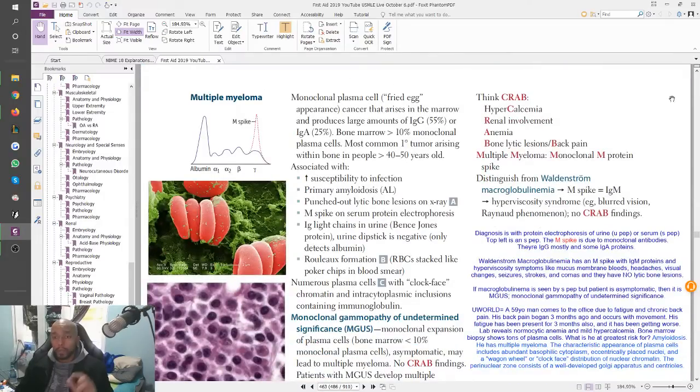Monoclonal means that only one guy is making everything. So something is repeatedly multiplying, and it's just one guy that started it. Polyclonal is like, you have 5 different kinds of people inside you. They're all going to multiply. You're still going to have 5 different kinds of offspring. And it's just a very, very basic way of repeating that concept. So a monoclonal spike they're talking about is the M spike, basically. Right? This is the gamma, right? IgG. And this is the CRAB thing I was talking about. So hypercalcemia, renal failure, anemia, lytic bone lesions, and back pain.